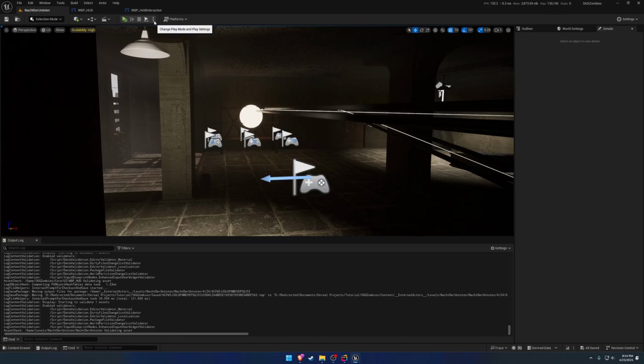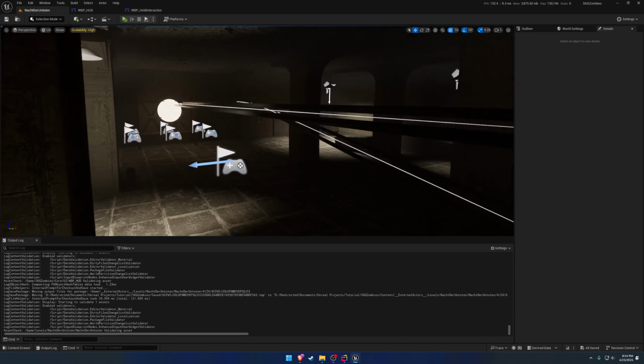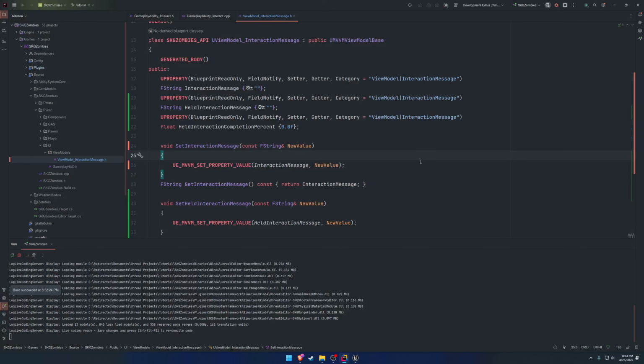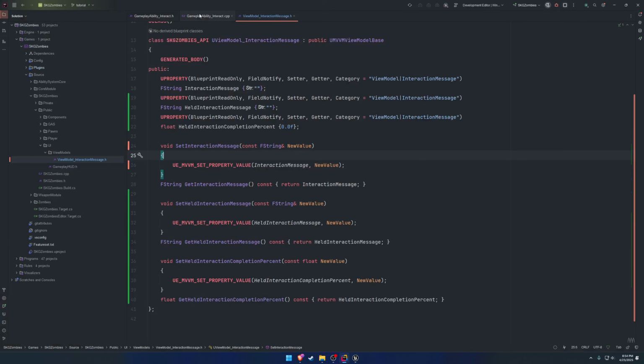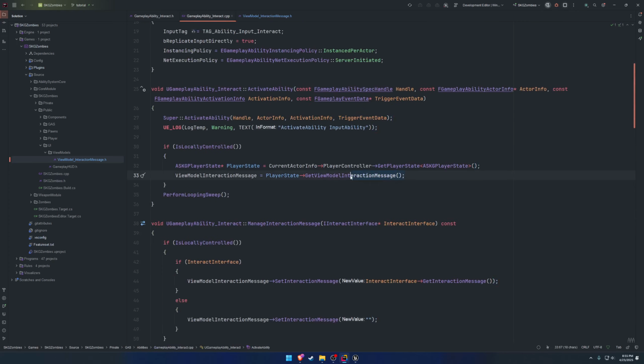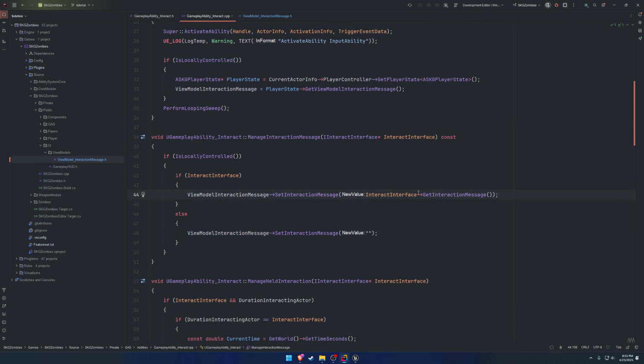And now we can just kind of more or less, actually, we don't actually have a way to change it yet. So we need to actually change the values. Okay, so all we really have to do is the same thing we're doing in the interaction message, which is right here. I do kind of want to refactor this in the near future, but I want to make sure everything is actually working currently. So to begin,